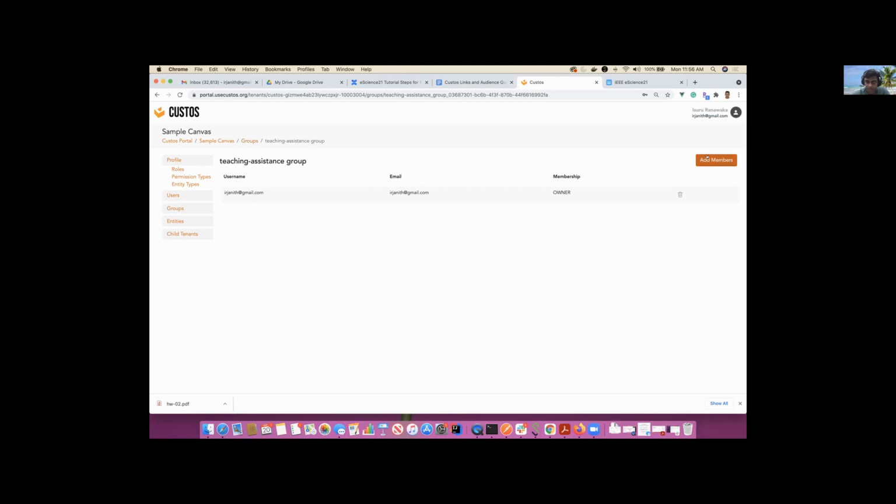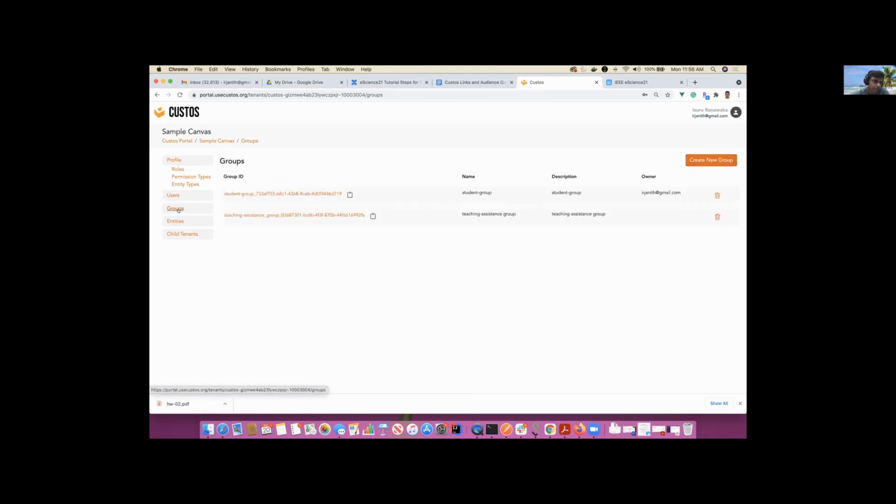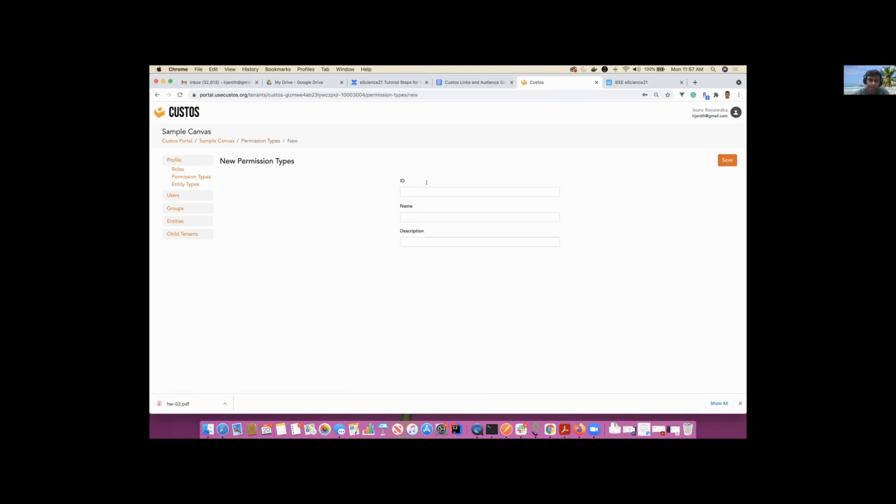Unfortunately, we don't have any users right now for this tenant, but when users get loaded to this tenant, we can allocate them to these different groups. Okay, so right now we have groups created, but we need to come up with some entity types and permission types for sharing. By default we have the owner permission type for every tenant created through the Custos portal, but